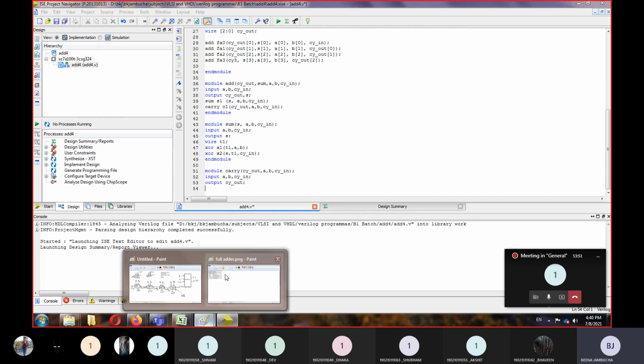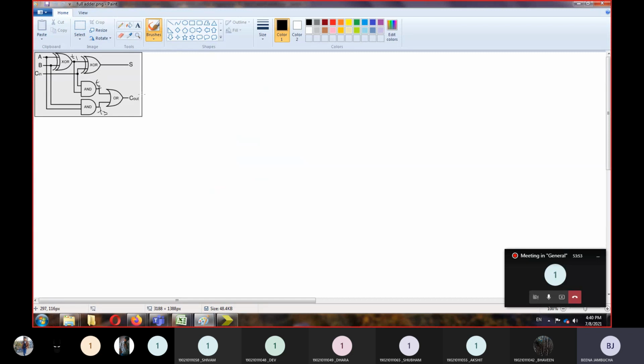So here in this diagram, to define the C out output carry, what you will need? सबसे पहले आपको एक XOR ऑपरेशन करना पड़ेगा A and B का, जिसका आउटपुट है T1. It should be ANDed with C in, right? It should be ANDed with C in, जिसका आउटपुट है T2. Same way we'll have to use another AND gate whose inputs are A and B and the output is T3. And whatever the output of AND gate is there should be ORed, and the output is your carry out, right?